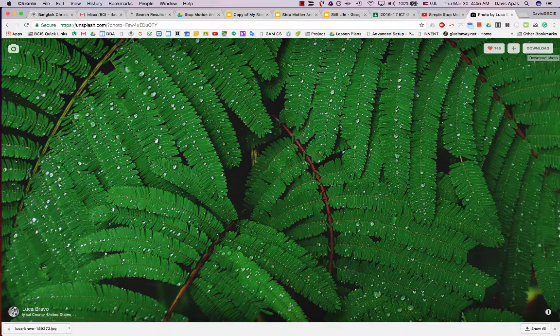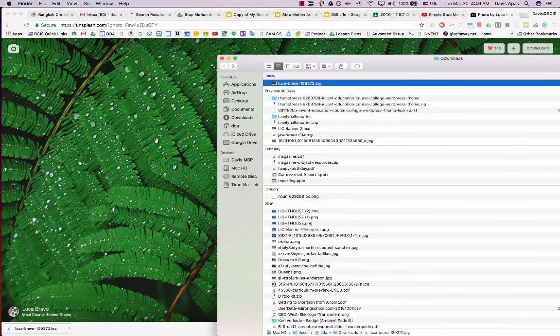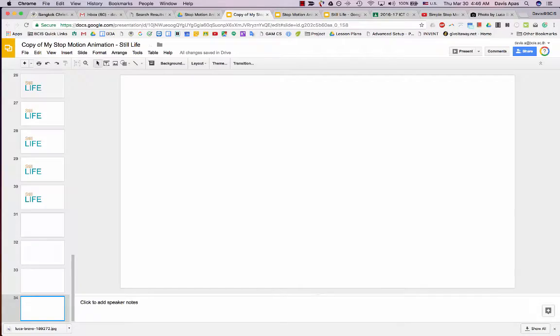Okay, so now that I have downloaded successfully my photo, I could just click this area here and choose show in folder or in Finder. It'll show you where it is, and on my presentation,